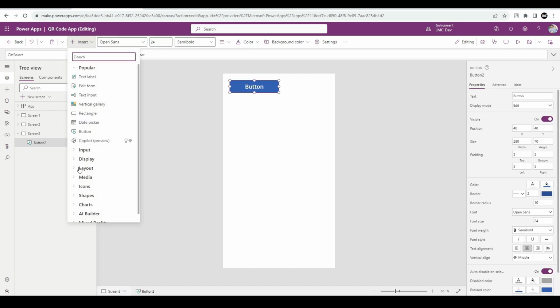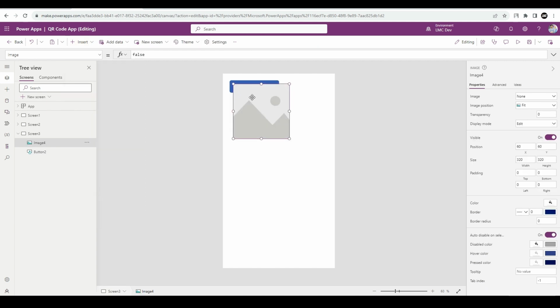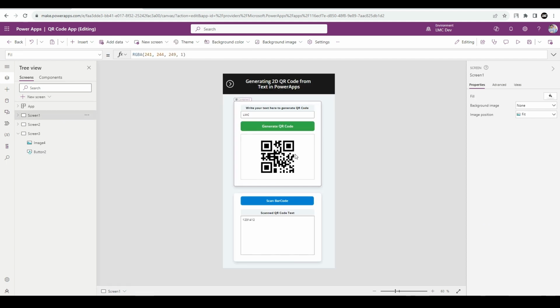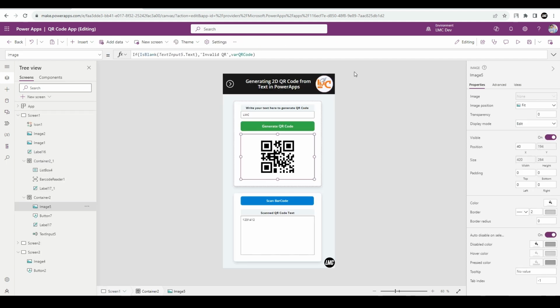So two things you need to have to generate QR code. One is the button and one is this image. Okay. On press of this button, a QR code should generate up here. But from where this QR code is coming, that can be your question. So basically,